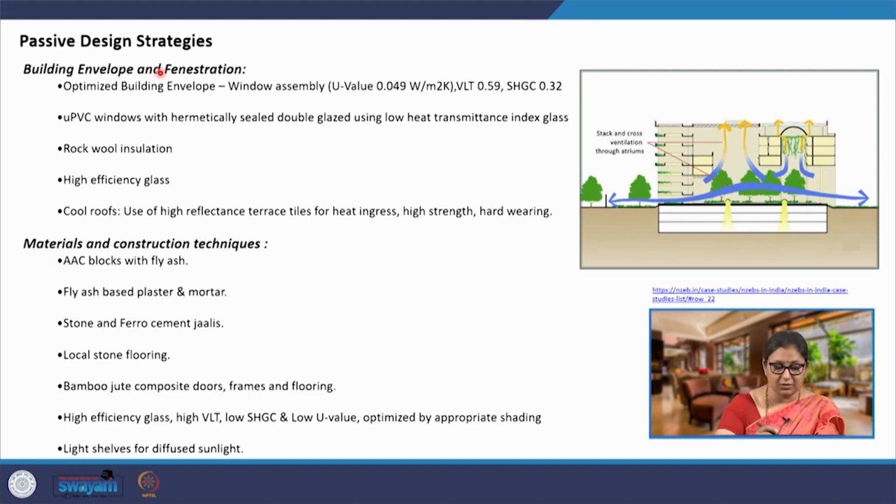Now here, though the majority of these are not going to impact the energy consumption of the building, most of these materials that we are seeing here have low embodied energy. So, this particular building is highly acclaimed for this reason, that it is not just about scope 1 and 2 that is being considered here, we are also reducing the scope 3 emissions due to this building's